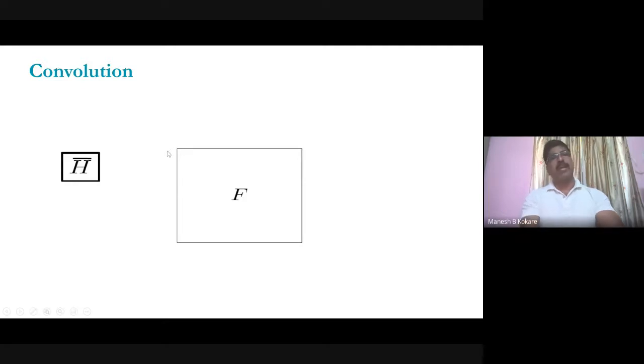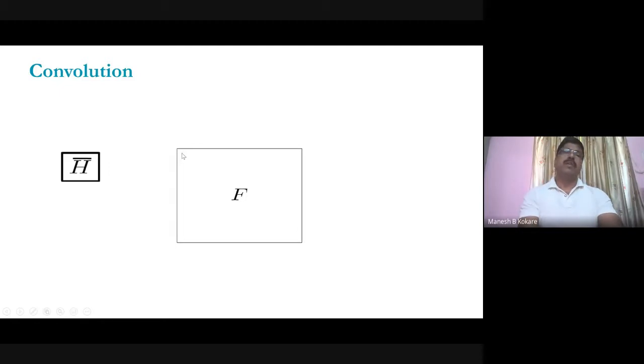So to avoid that, what is generally done is that the first column of this image is replicated here, the first row of the image is replicated here, the last column of the image is replicated here, and the last row of the image is replicated. Now when you keep this, it will map like this. So to avoid that, either replication is done, or sometimes they may take the central portion of the image also.